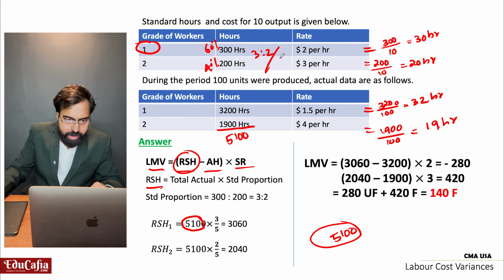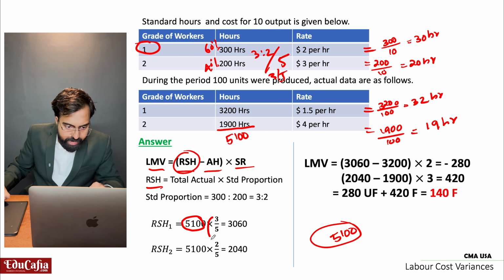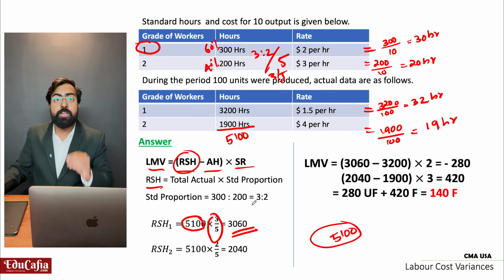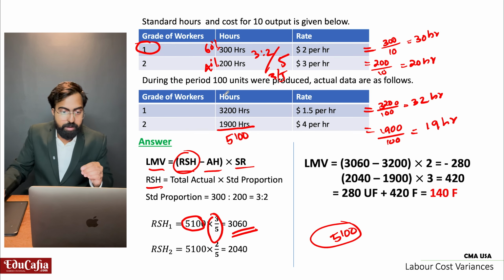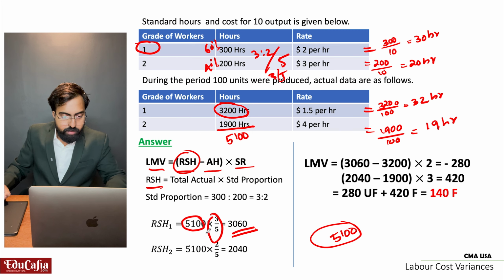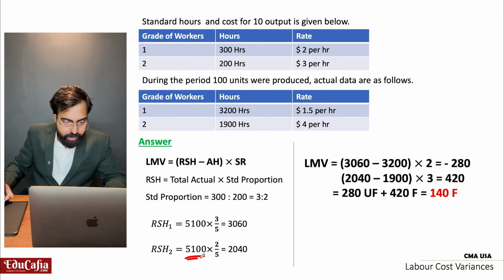Here a total of 5 parts are there. In this 3 by 5 of the work, 3060 hours should come for first labor, but actually 3200 came. For the second person,